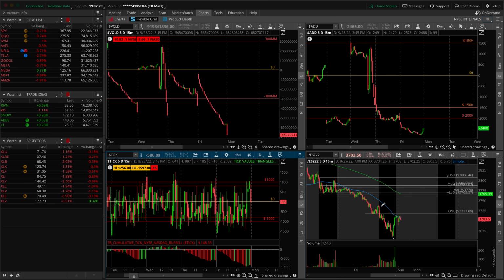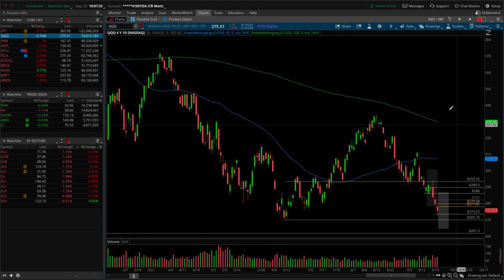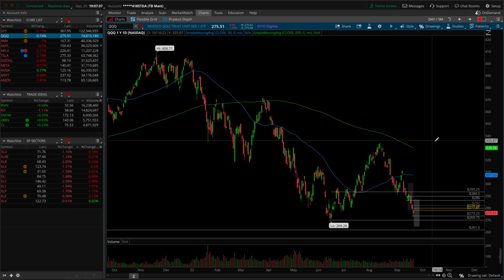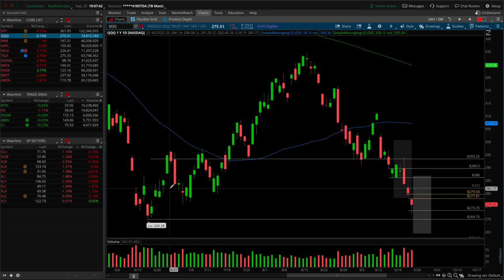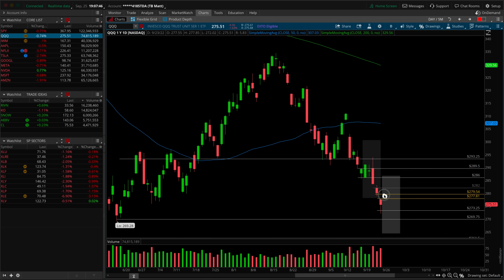Next up, let's go back on over to the platform here and round out the broad market with the QQQ. What's going on with the Qs? Drop this back down to a reasonable yearly chart. What do we see here? So certainly the same psychology will apply. I don't want to rehash everything we said about the SPY, but overall, use your gap to be a judge,